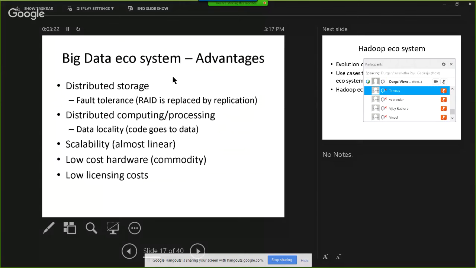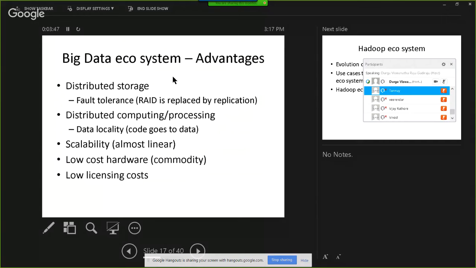First, distributed storage: they have storage in a distributed format. When it comes to fault tolerance, they started using commodity hardware. They realized that separating the storage from the CPU and memory is not a good idea, especially if you want to do heavy volume batch processing. They have to be co-located.